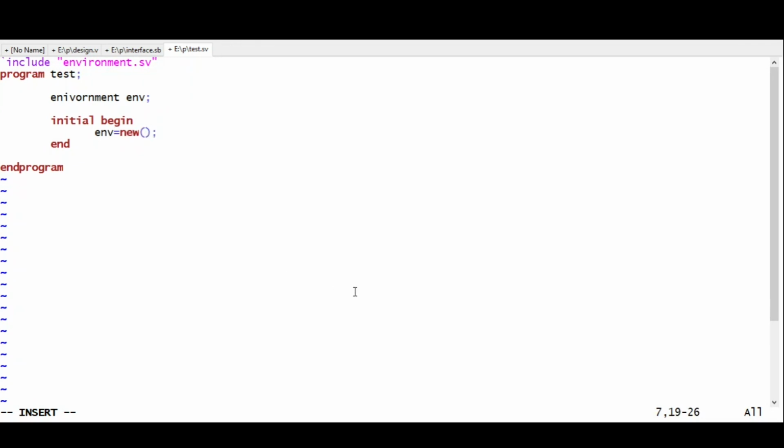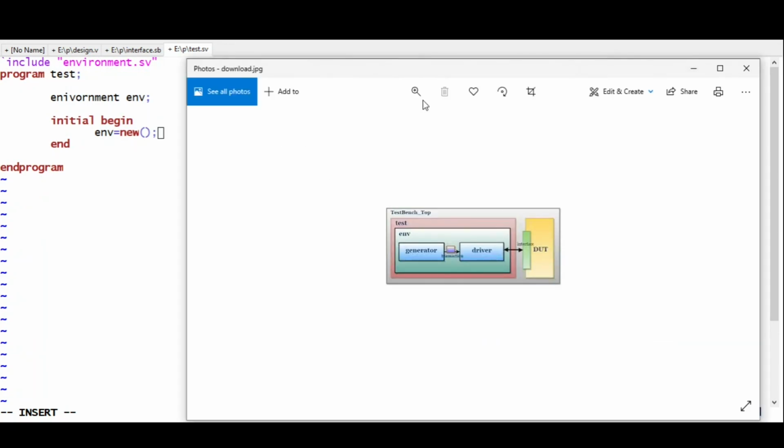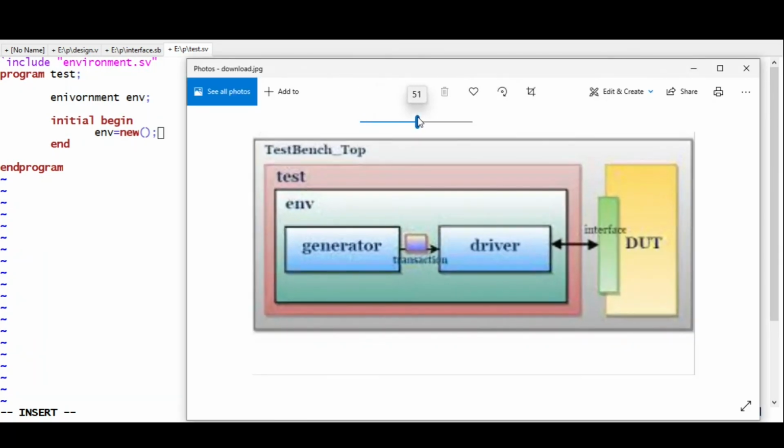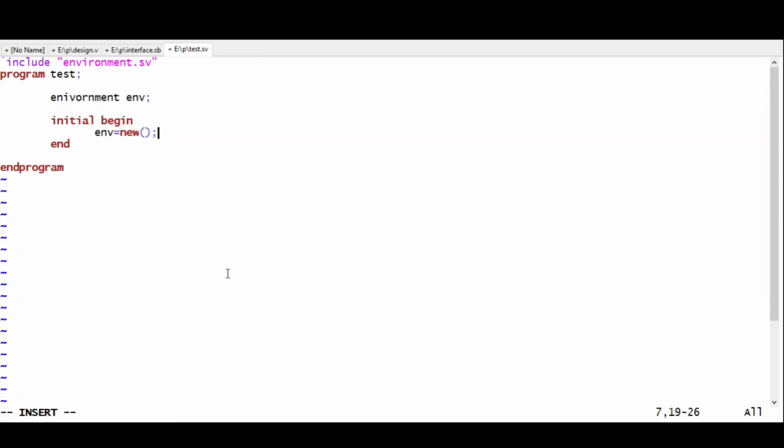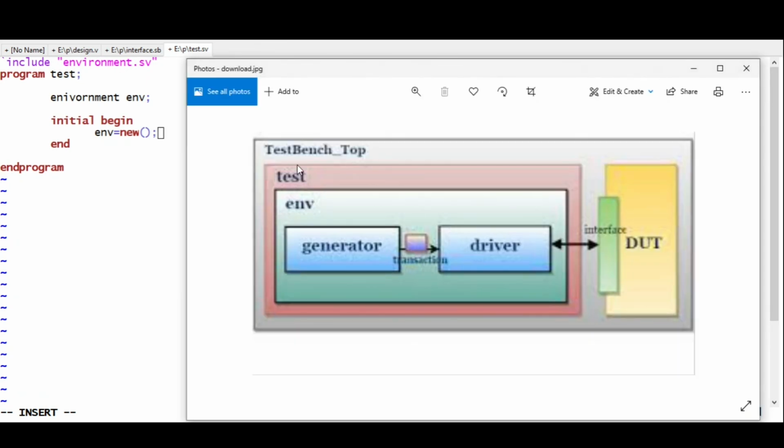So what we understood in this part one is our SystemVerilog test bench. In this test bench, we have created our DUT, we have created our interface. So if you see, we have created the interface, we have created the design, we have a test. Now we will write this environment. We will create an environment, generator, driver, and how this transaction happens. So we will discuss this in the next video, because it will be a little bit confusing for you. For now, just create this many things, and in the next video I will explain the further things.